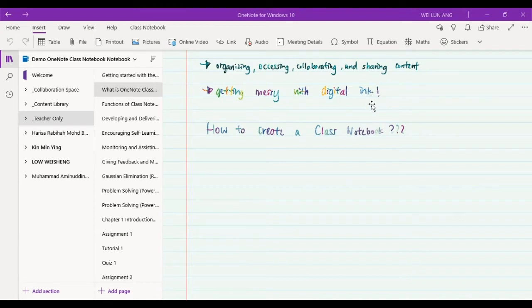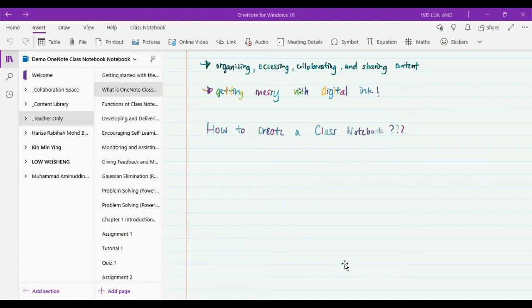So once you click the OneNote icon here, the class notebook tab will appear here. Moving on to the next step, you click on set up a OneNote class notebook. Normally we start with a blank notebook. From existing notebook content means that the course has been offered in the previous semester, so you are going to reuse it again.